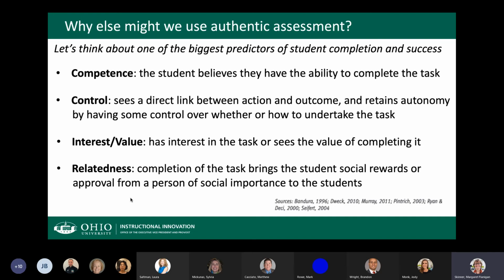And then finally, there's this sense of relatedness. And I don't just mean here the sense of relatedness between the theory of the coursework and the application and practice, but also a sense of relatedness that our students can feel between themselves and various other types of social groups, whether that is between the student and other students as they're working together in teams, or whether it's between